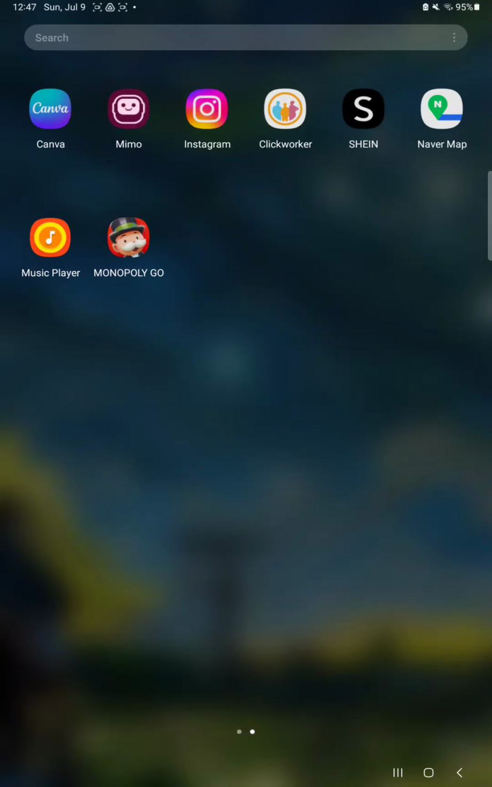Hello guys, in this video I'm going to show you how to turn on the auto rotate screen function on